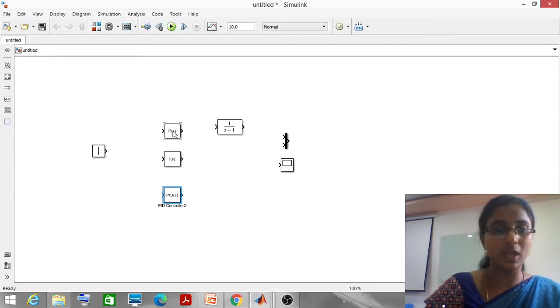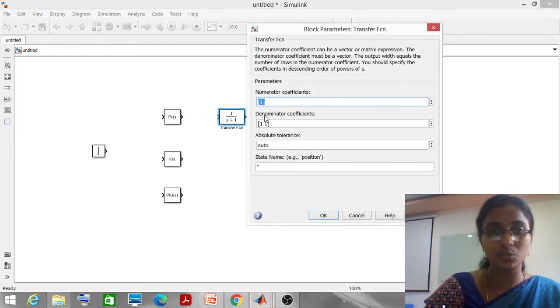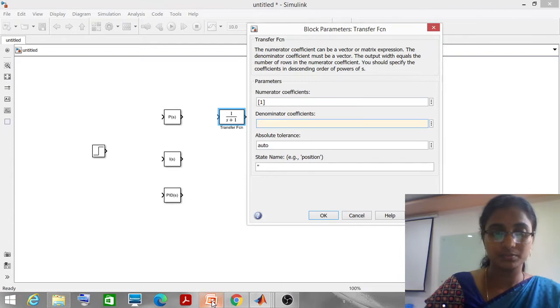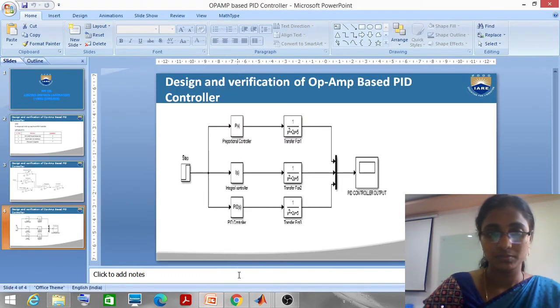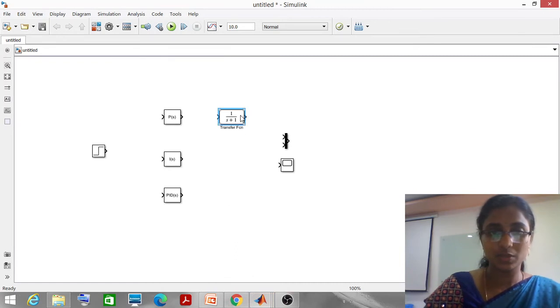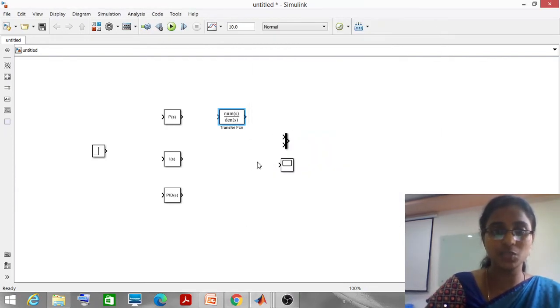Now I have selected the controllers and I have to give the transfer function. Click on it; the numerator is 1. Now let me give the denominator 1 2 5. This is the transfer function which we have designed.